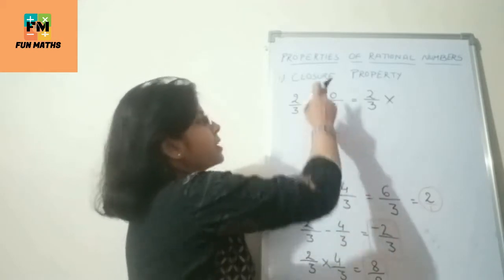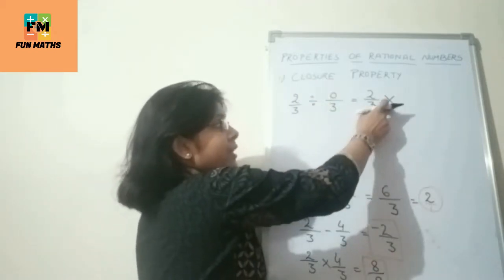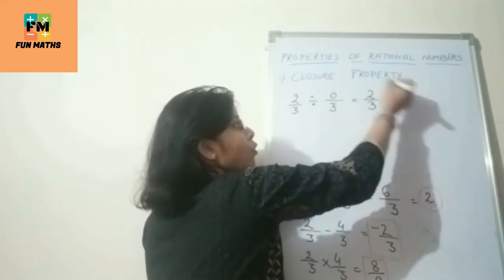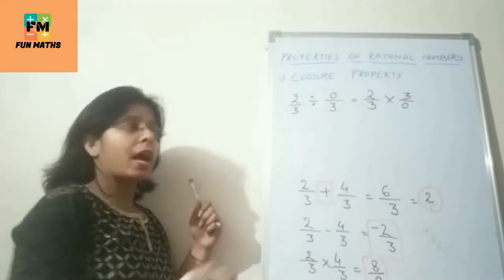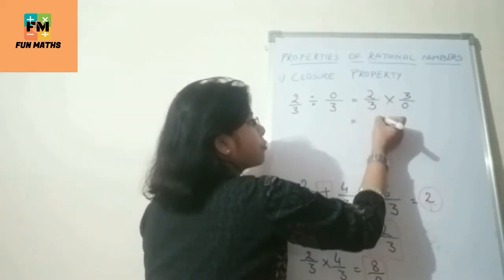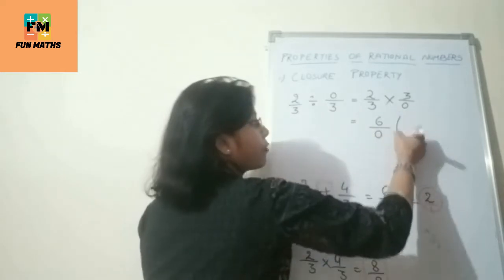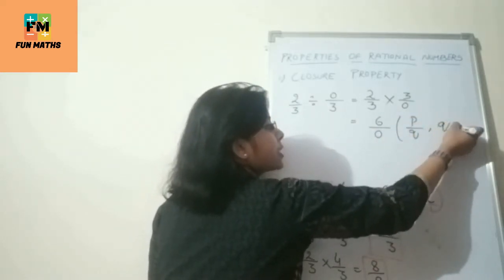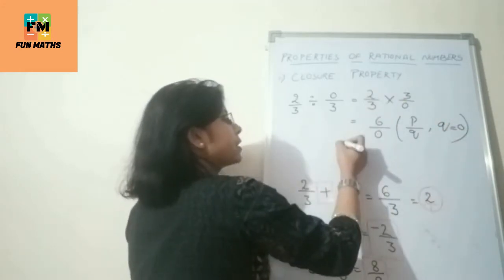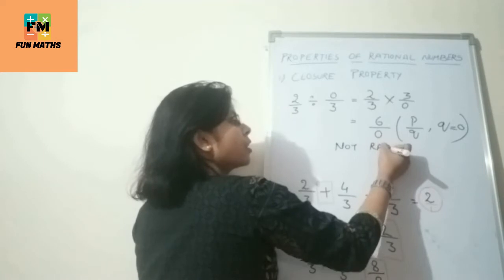Reciprocal of 0 by 3. We cannot write 0 by 3 directly, so we will write the reciprocal of this rational number, that is 3 by 0. Now, when you solve with this, it would be 6 by 0. In the form of p by q, here q is equal to 0. It means it is not a